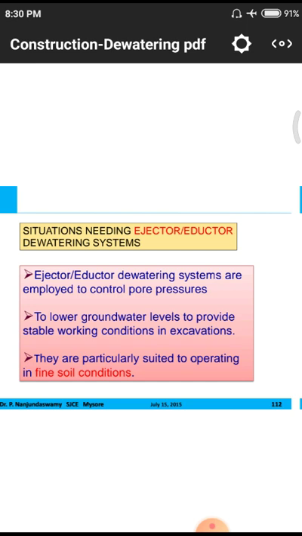The water will be a few meters depth from the ground level. In those cases, the ground will have a huge amount of pores and voids. Due to those, there may also be a huge amount of water on the above surfaces of the water. Due to those also we need to use this kind of pumps.